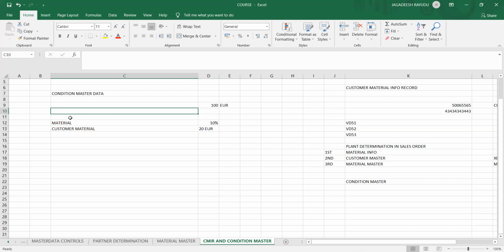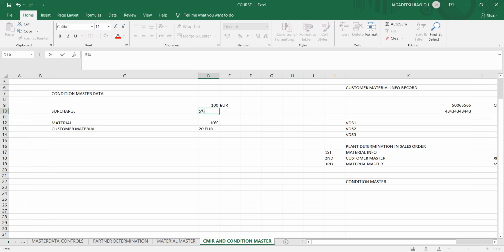Okay, what I would say, you have a surcharge of 5%. Your base price is 100 euros, right? So 5% means 5 euros. Total is 105.